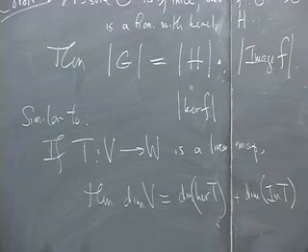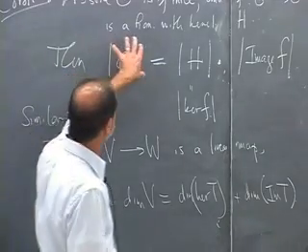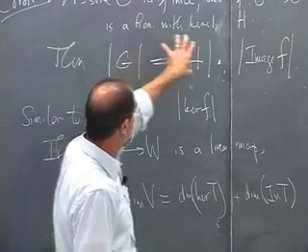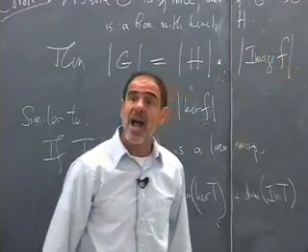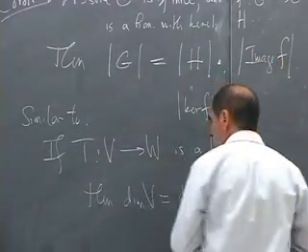Okay, big theorem. You have a group homomorphism. It splits the order as a product of the order of the kernel and the order of the image. That's why, corollary,